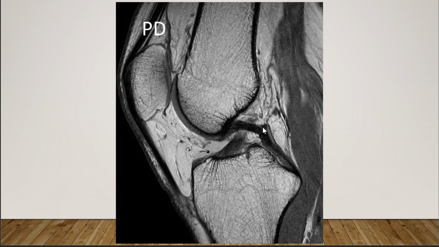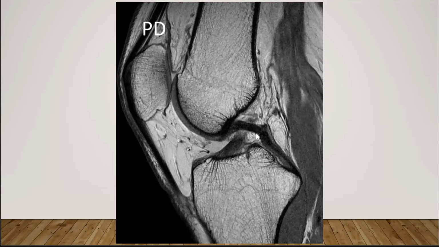If we see it in the posterior part of the posterior cruciate ligament, it is called the ligament of Wrisberg. Sometimes we see it anterior to the posterior cruciate ligament in this area,